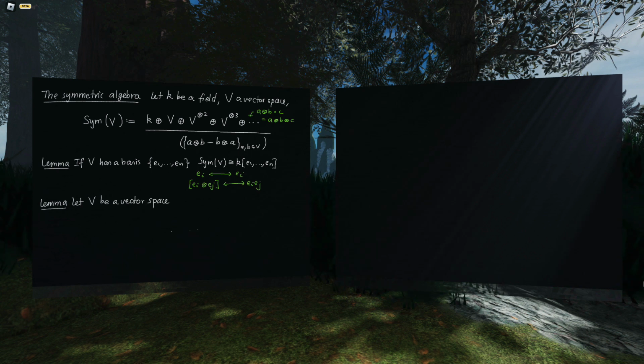So this is another way of circling back to justify why you should believe that something like n-jets are classified by K-algebra homomorphisms into that funny quotient K[t] modulo t to the n plus 1. Right? So let V be a vector space, A a commutative K-algebra. If phi from V to A is